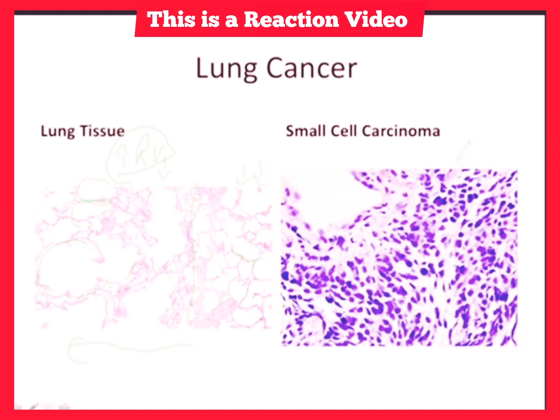Again, you take a look at this. This is a small cell carcinoma, probably the most aggressive form of lung cancer a person can get. Bad news. Now remember, carcinoma. What are we saying here when we're saying carcinoma? This is a tumor or a neoplasm of epithelial origin. Remember, the internal aspects of the lungs are predominantly epithelial tissue, these alveolar air sacs. Now, this is obviously not normal here.